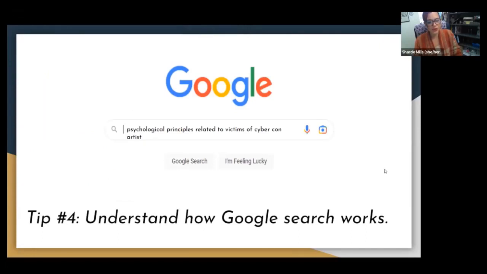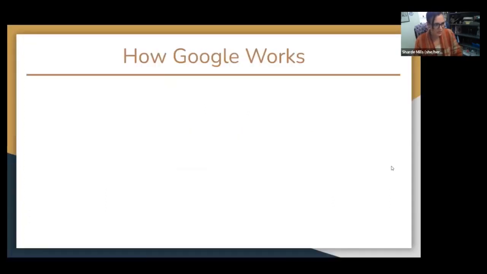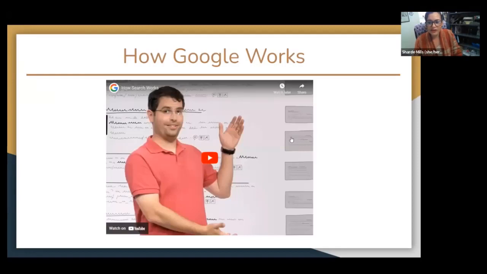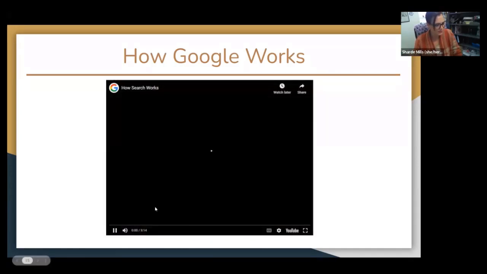All right, tip number 4 is to understand how Google search works, at least the basics of it. So I think this video does it better than I could. I'll admit the video is a little older, but I think it explains it in the way that I like best. This is my best explanation of it. And I don't know, maybe you've seen part of this video before or not, but I do think it's very relevant to the next section of what we're going to do. So we're just going to watch the first 2 minutes of this video. And what I hope you get from this is an understanding of how Google is going about getting those results for you and how you can leverage that as a researcher. So let's go ahead and watch just the first part of this video.